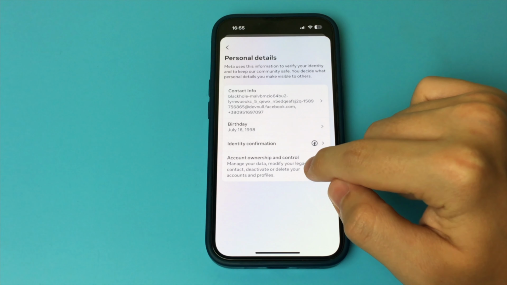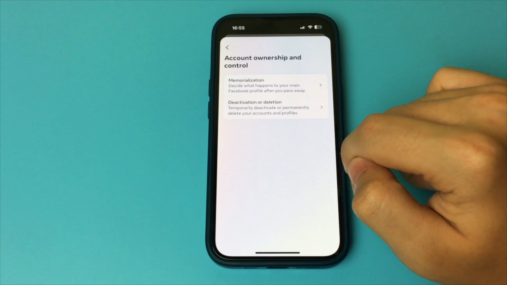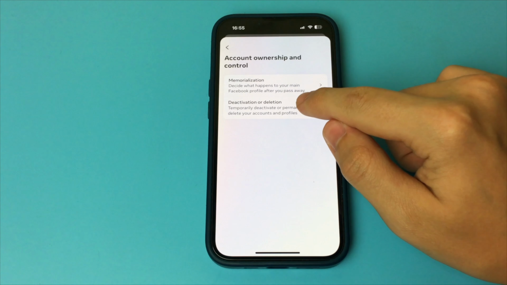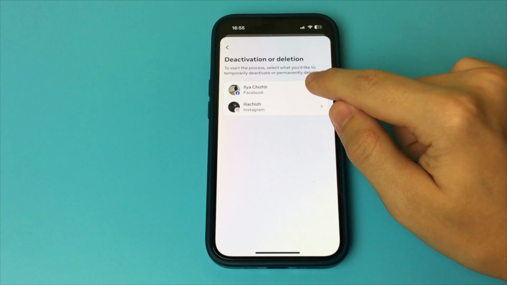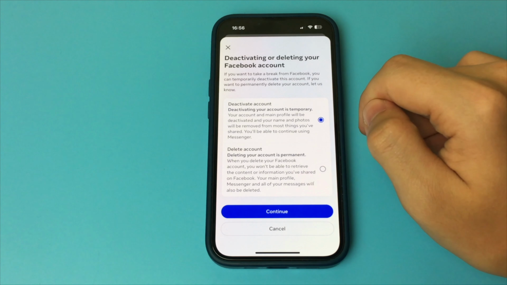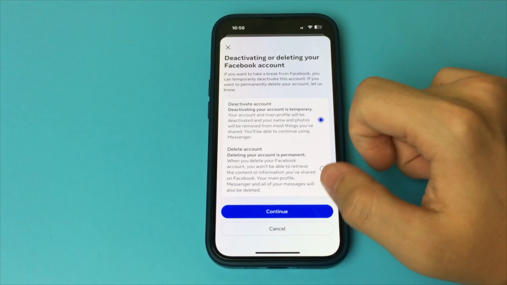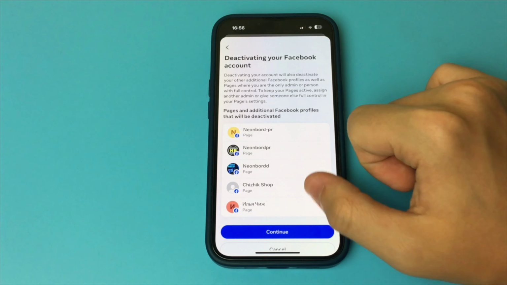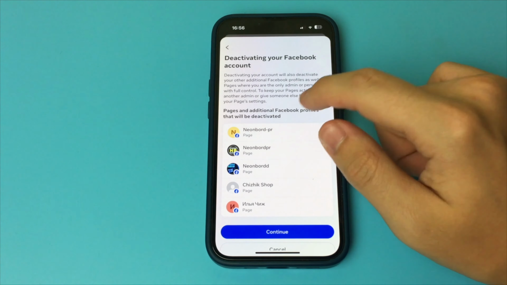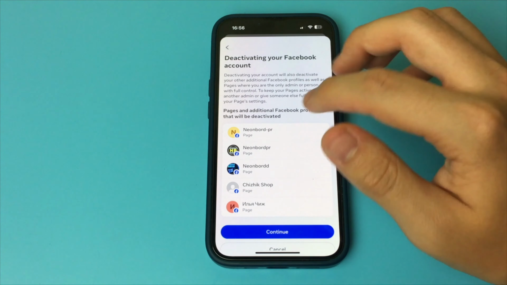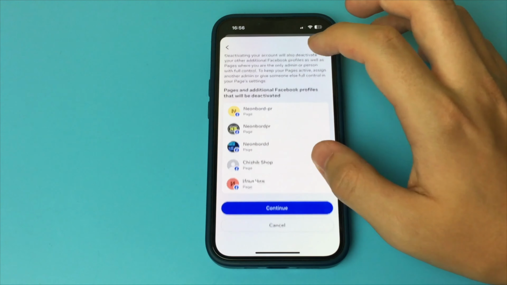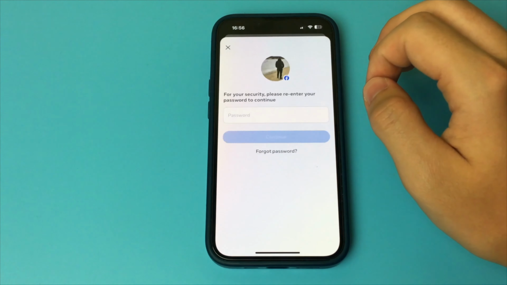Now you click on the menu. Then you click Settings, in the search for the word Delete. We click on this inscription. Now we have a choice to completely delete or deactivate our account. Click Deactivate. Click Next. Here we see that all linked accounts will be deactivated. Click on Next. Here we just enter the password for our account.